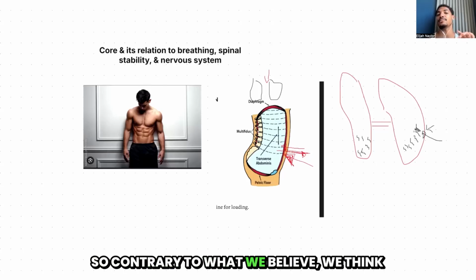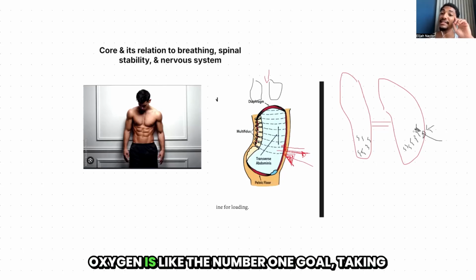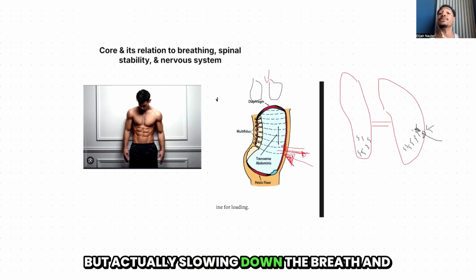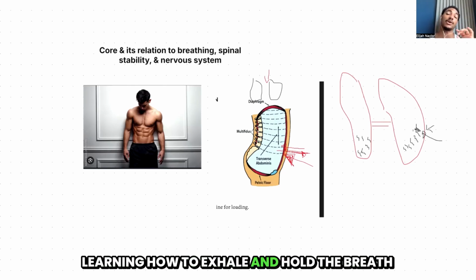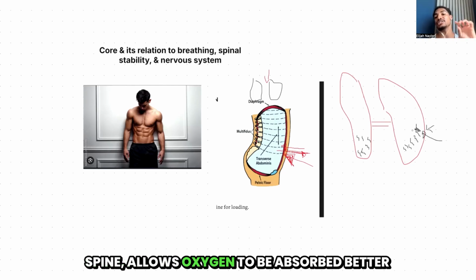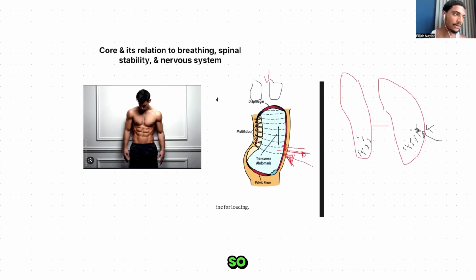So contrary to what we believe, we think oxygen is like the number one goal, taking as many breaths as we can, but actually slowing down the breath and learning how to exhale and hold the breath out, pulling the belly button into the spine, allows oxygen to be absorbed better to the system. So really quickly,